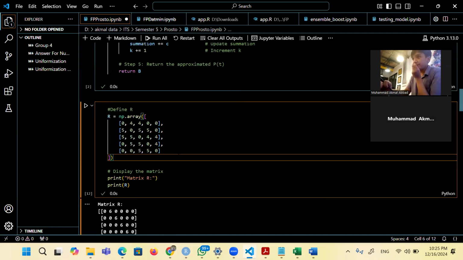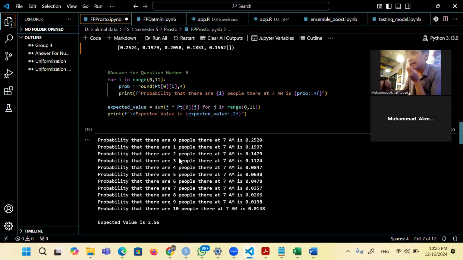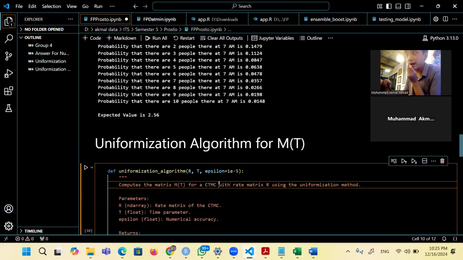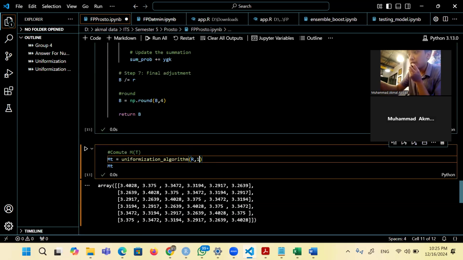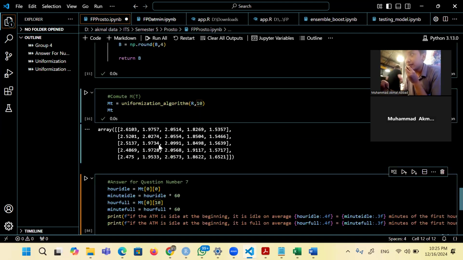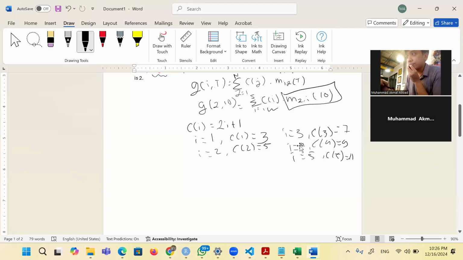I will run it, and then I will run the uniformization algorithm for M(T), which is from the book appendix 4B. I will run this, and we will use T of 10. So R is R and T is 10. So this is the matrix M(T), and then we will focus on M2.